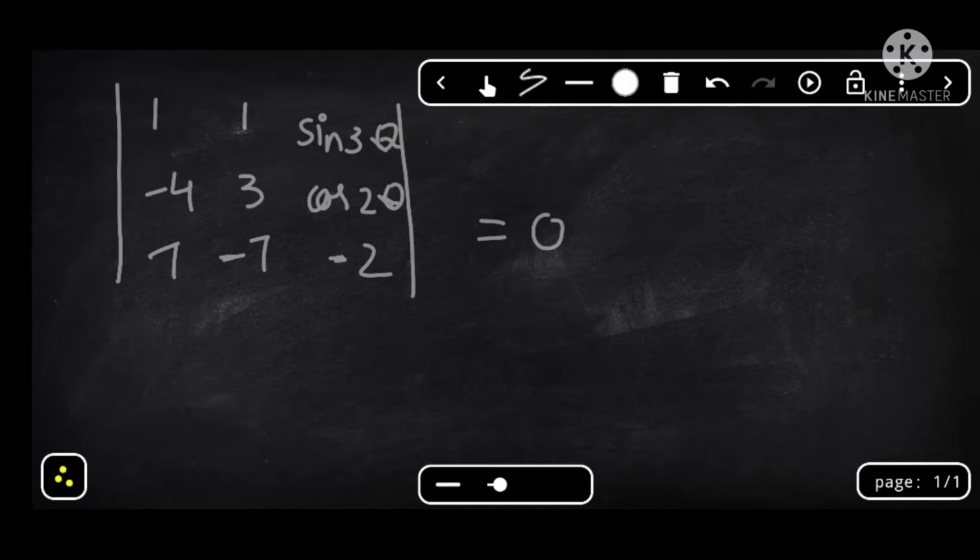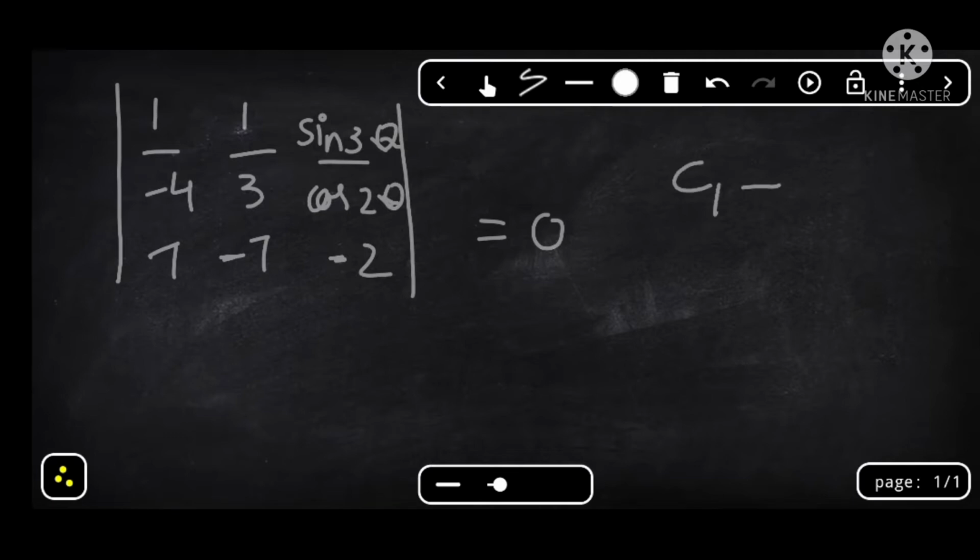Okay, so definitely I hope you have learned how to solve the determinant. So somehow we need to make any of these elements 0. If we could do that, we can easily solve the determinant, right? So for that, what is the step we can do here? Okay, so just think, if we do